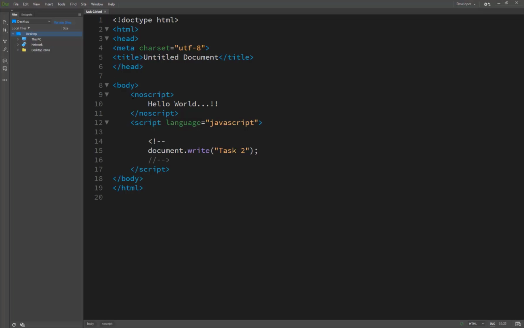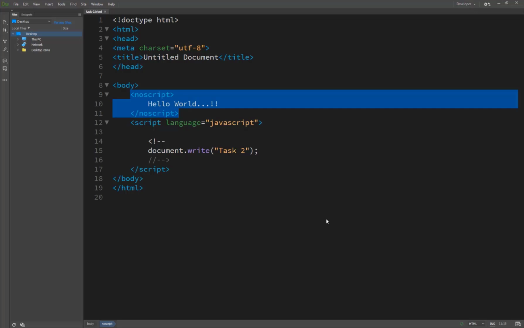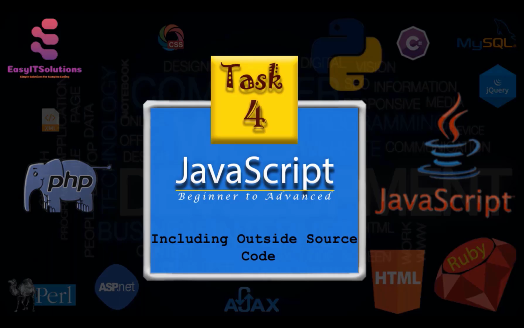That's why the text inside noscript is not showing on our screen. So this is the technique, and here is the part of our task 3. So we are basically completing parts 1, 2 and 3. The noscript provides alternatives to your JavaScript code. This is the alternative to JavaScript, the noscript, for those browsers which do not support JavaScript code.